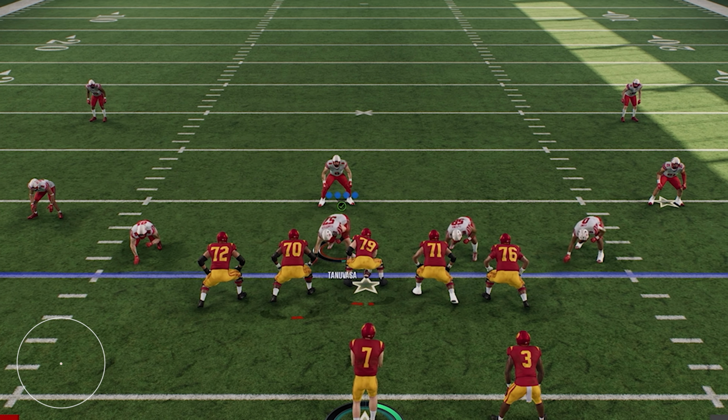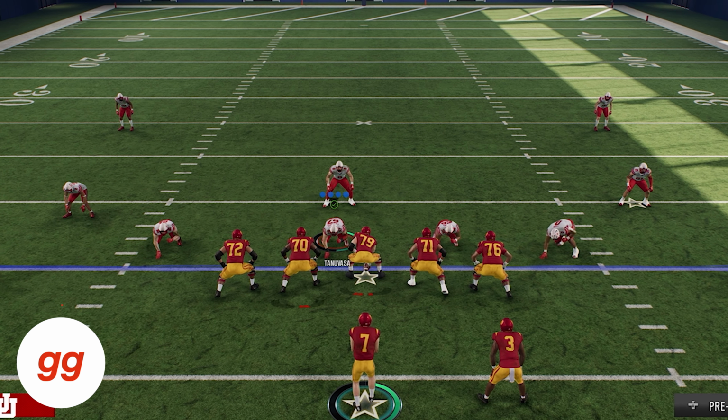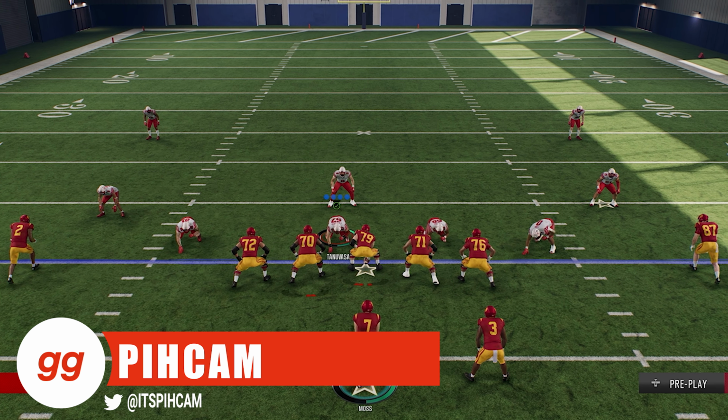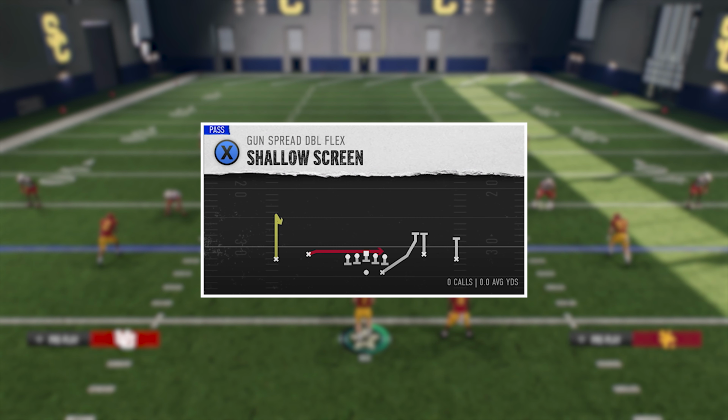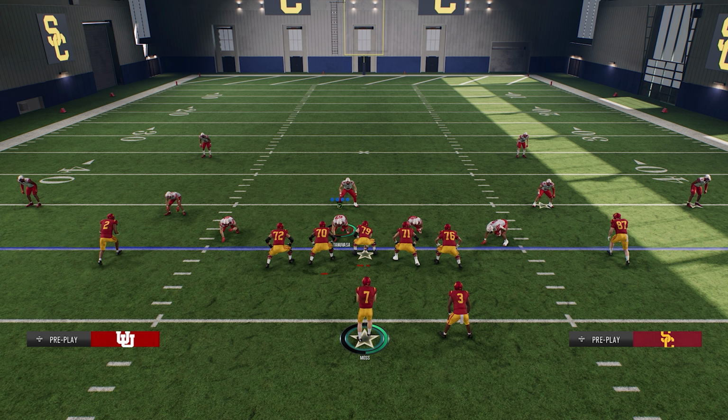What's up, guys? It's Pick'em with HuddleGG, and today we're going to talk about one of the more unique plays in all of College Football 25, and it's one of my favorite plays as well, and that play is shallow screen out of the spread double flex formation. There's a few reasons why I like this play so much. One, we can use it against man, we can use it against zone, and also you're able to run this in the middle of the field, you're able to run it in the red zone, so you have a lot